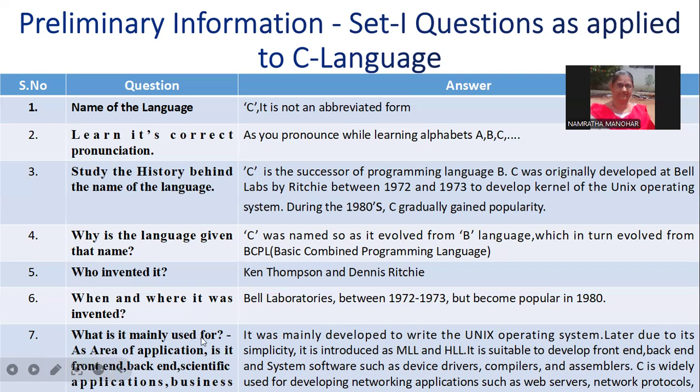What is it mainly used for? That is, what is the area of application, whether it is used to develop front-end, back-end, or scientific applications or business applications. Now, C was mainly developed to write the Unix operating system, but later, due to its simplicity, it was introduced as a middle-level language and high-level language. Now, what is a middle-level language? Why is it called a middle-level language? Because using C, you can develop an operating system such as Unix, and using C, you can also develop your